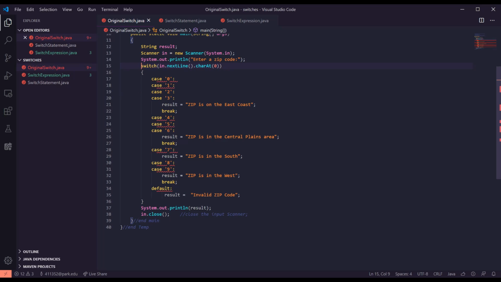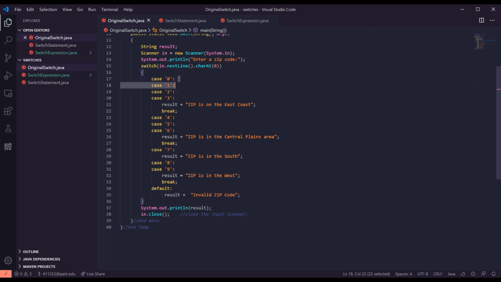All right. So, this is going to give us a character of either 0 through 9 or some other thing that we don't know how to handle. So in the old ways of doing things, we would have to list our cases out like this, right? And so it would say case 0, case 1, case 2, case 3. And then what this is called is called falling through, right? If I put in a 0, it's going to go to case 0, and it's going to say, well, there's